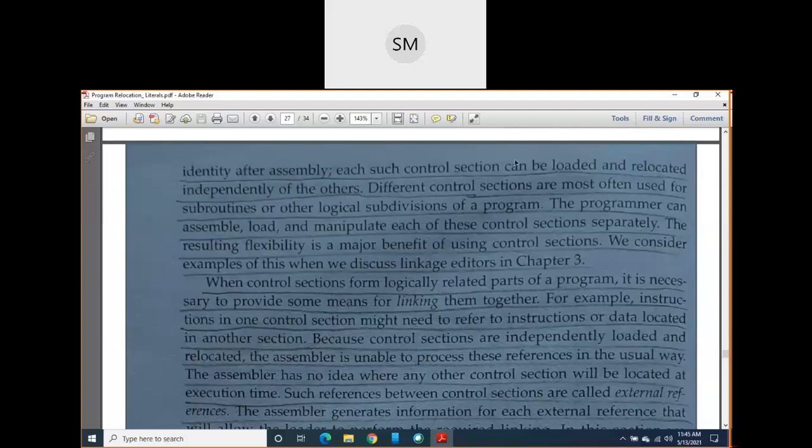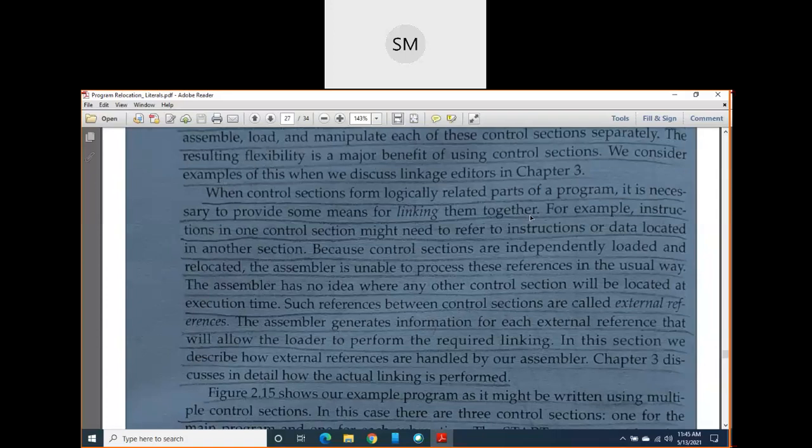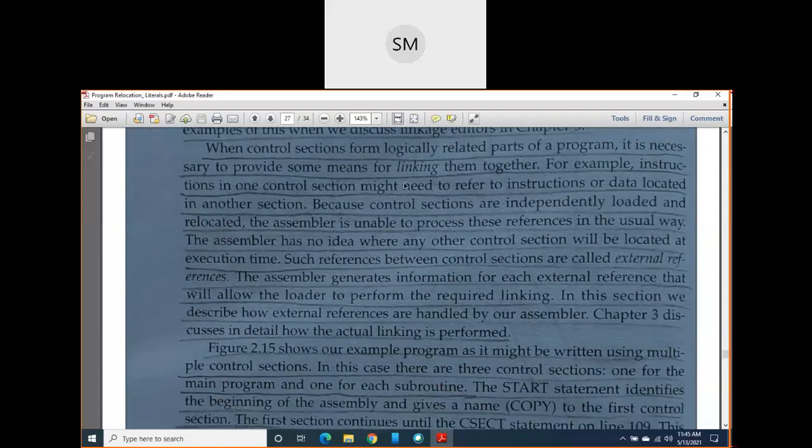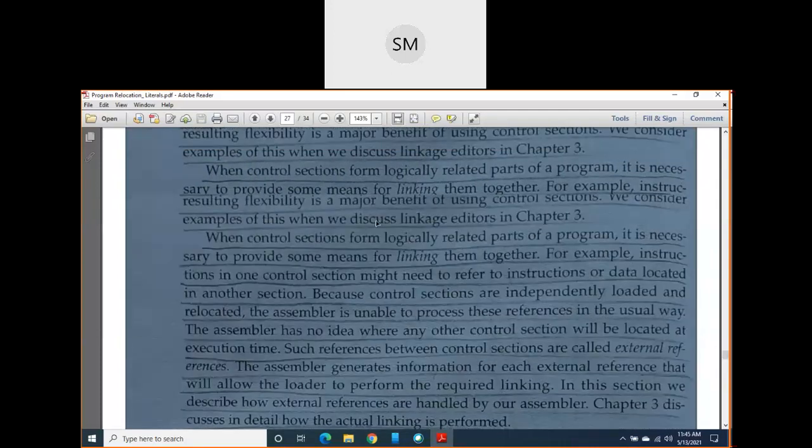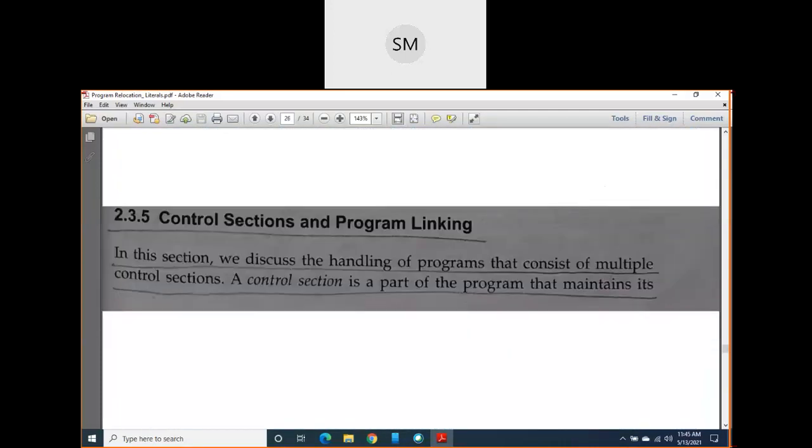Here the control section can be loaded and relocated independent of other control sections, and different control sections are most often used for subroutines or other logical subdivisions of a program. So you just wait here. After this topic, control section, we have one more concept, linking, because the main topic was program linking.